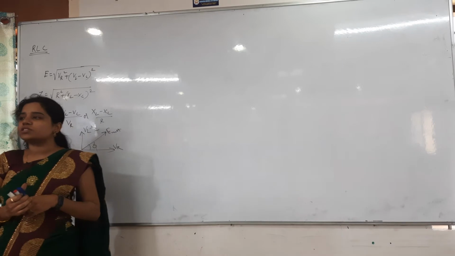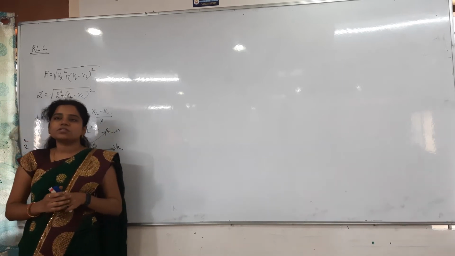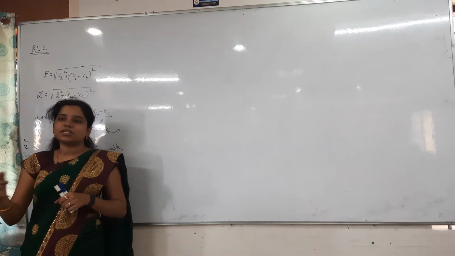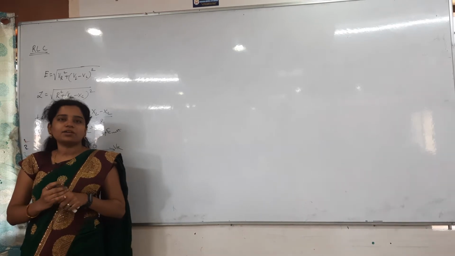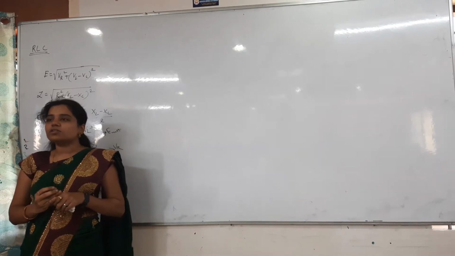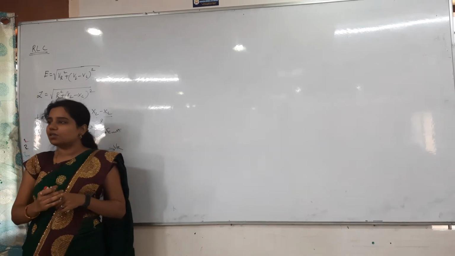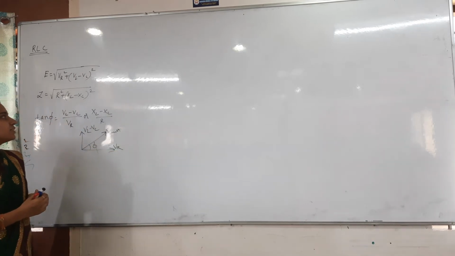Whenever you see the pure resistor circuit, what is the phase angle? Zero is the phase angle. Whenever you see the inductor and resistor circuit, LR, where will you get the phi, positive or negative? Positive only. Whenever you see the RC, then it will be negative. Why? Because the VC will be there in the below direction, downward direction. That is about the different circuits we have discussed.